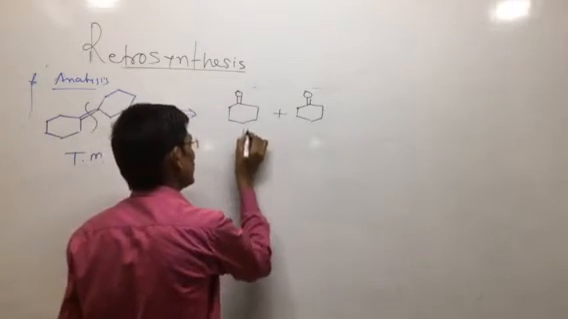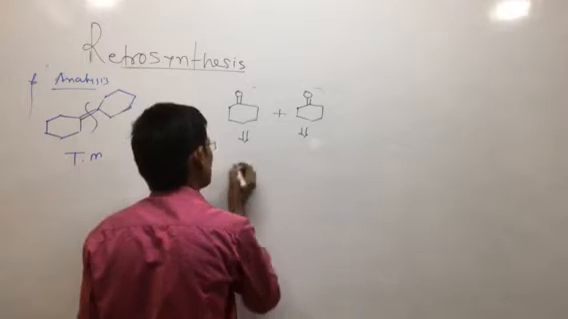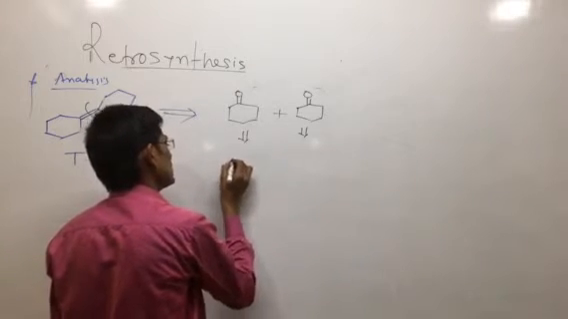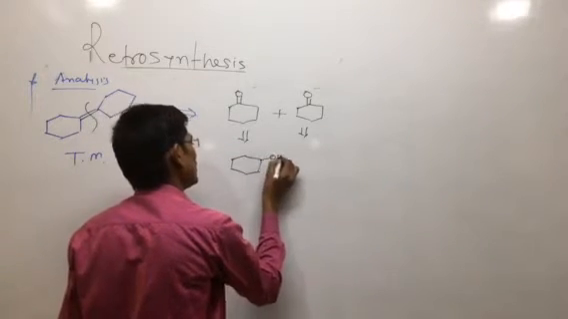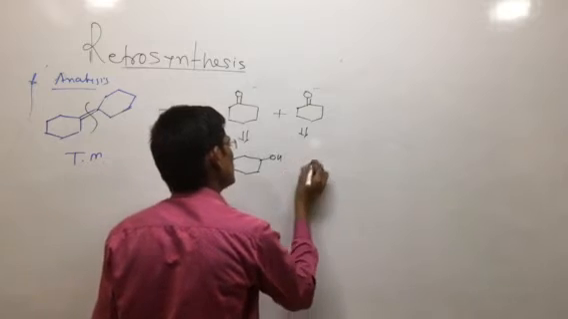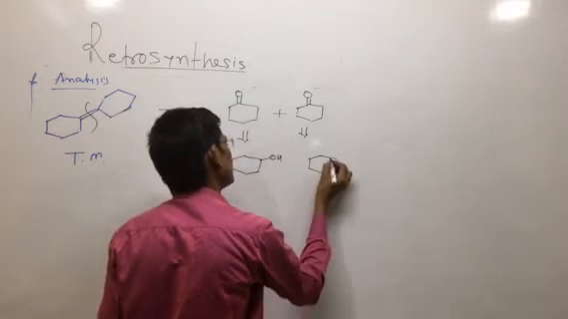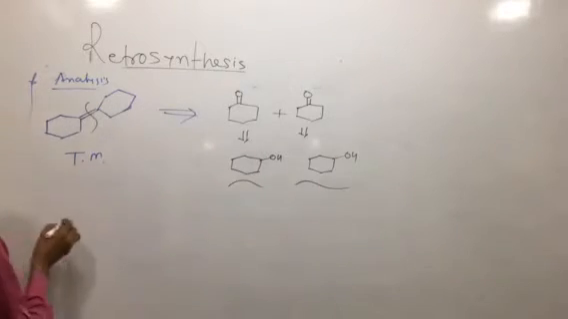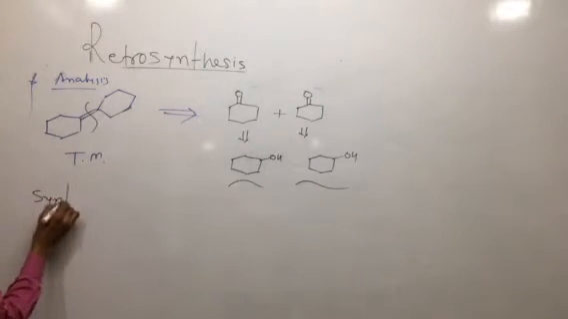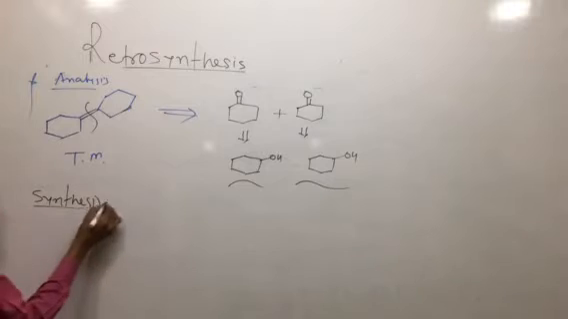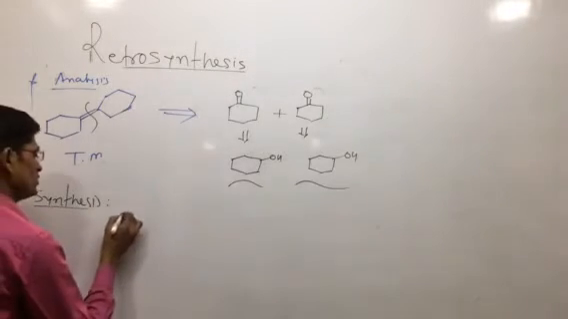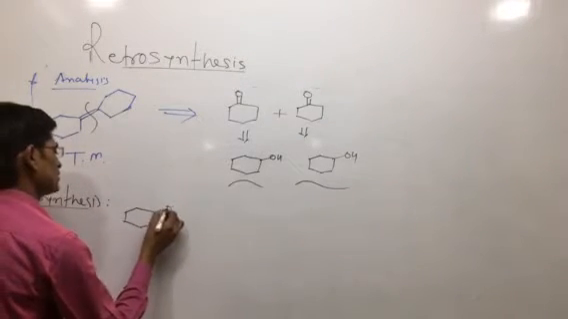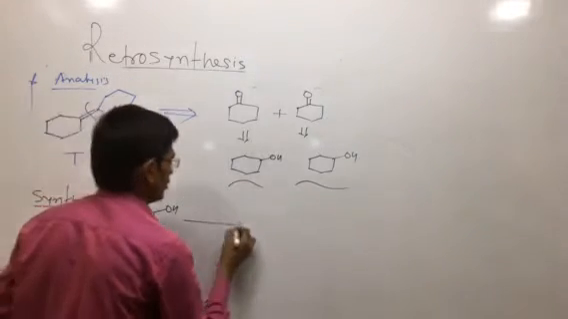Again, what disconnection approach takes place in this analysis? Formation of the diol. Again here also formation of alcohol is there. So the cyclohexanol and cyclohexanol. What is the plan of synthesis? So what we have is the starting molecules, alcohols, which are going to